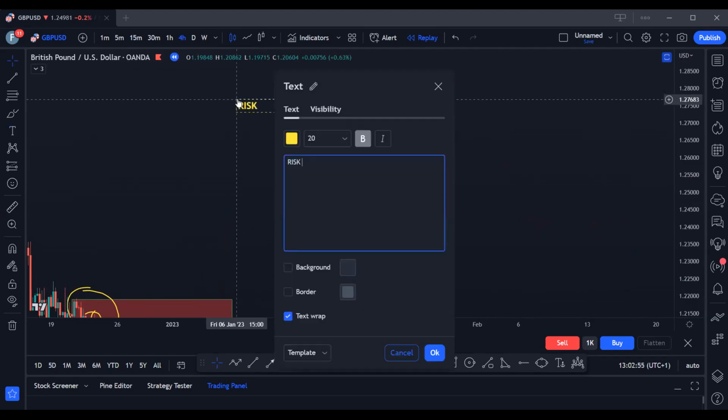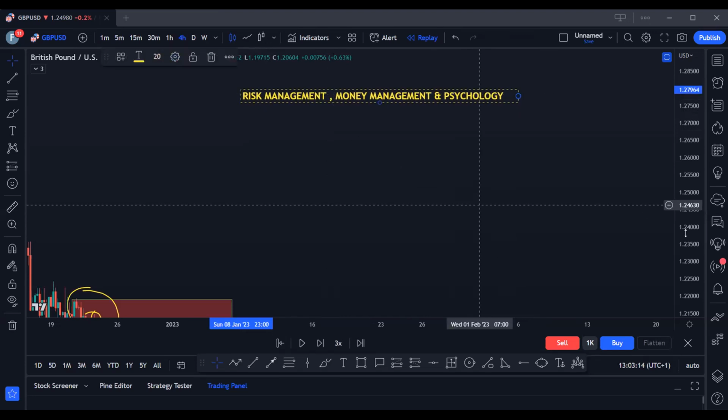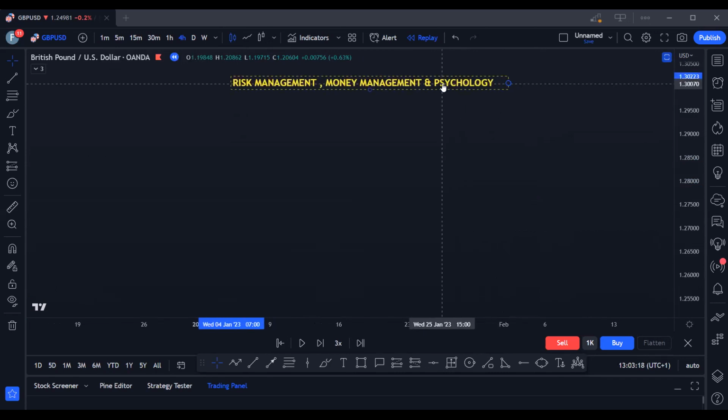So risk management, money management, and psychology. All right. So I'm going to talk about them very, very quickly. Now, when you are trading in the financial markets, you know, the awesome thing about the Forex